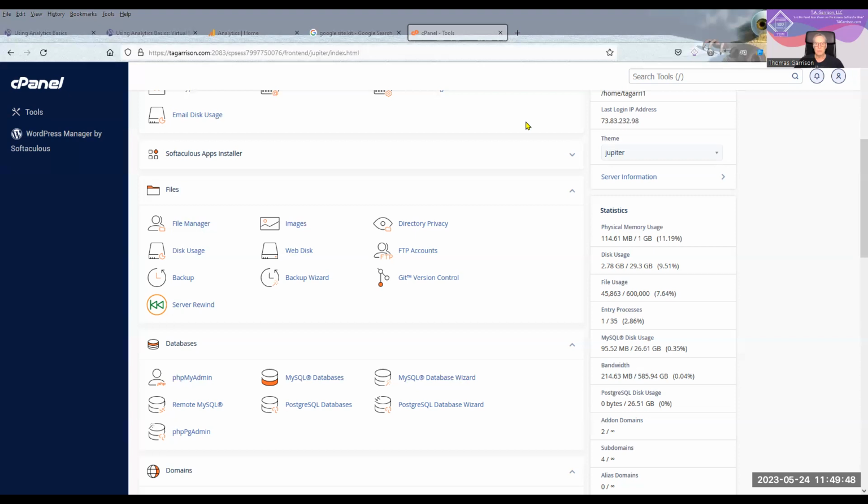HostGator was top notch. Brent Oxley built that literally in his dorm room and expanded from there, and ended up selling it to EIG, I don't know, for 30 to 40 million. That's a heck of a jump starting from your dorm room. That's not bad.